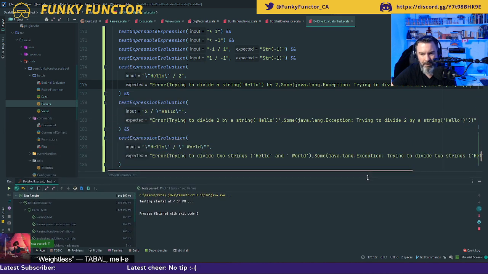Sweet, sweet, sweet. So next thing I'm going to do, probably tomorrow evening if I've got some time, is I'm going to try to see if I can implement built-in methods. For example, I want to create a method to give me the current time. I will also probably do built-in methods and environment variables.